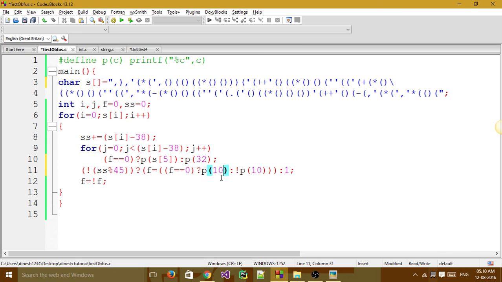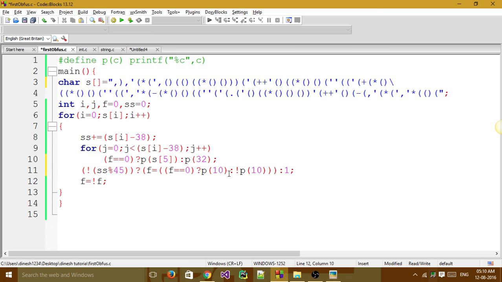Because there is a need to print a new line, I am printing it here itself, and printf will return how many characters it has successfully printed. So if you print a new line, then it will return 1.